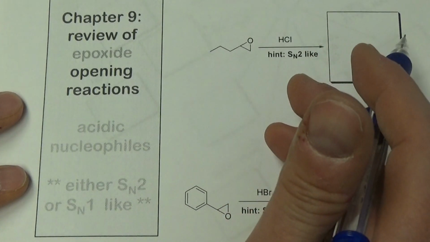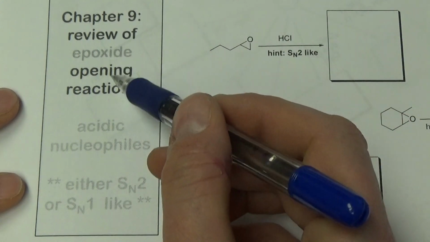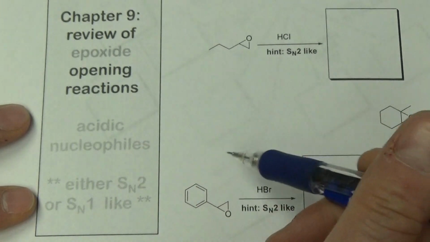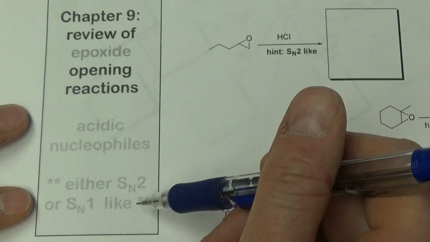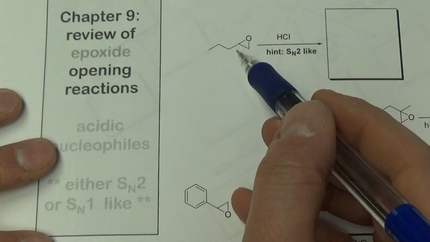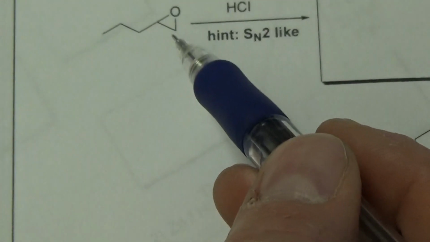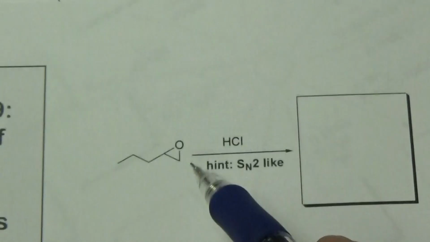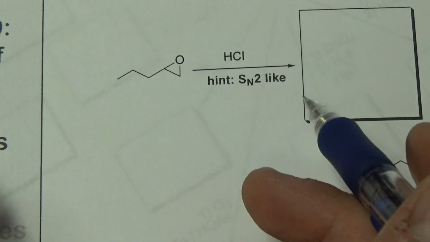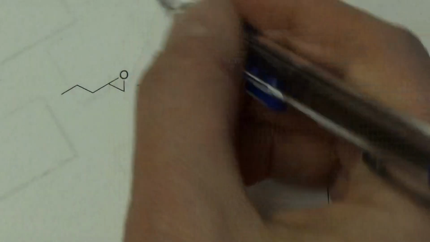Alright. What about opening epoxides with acidic nucleophiles? And these will either be Sn2 or Sn1, depending on the epoxide. If it is, I'm calling this a primary/secondary epoxide, because you have a primary side on the left and a secondary, or primary on the right, secondary on the left. It's going to be Sn2-like, and it's going to be kind of like our last examples with the Grignards and